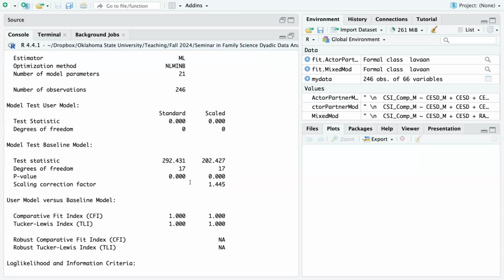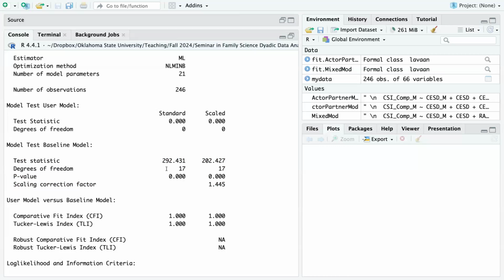Without going into too many details, what robust maximum likelihood does is estimate the extent to which your data are non-normal. Then it provides a correction, which is called a scaling correction factor, and it adjusts your standard errors. Your standard errors are most likely to get higher, because when you have non-normality in your data, it can actually decrease your